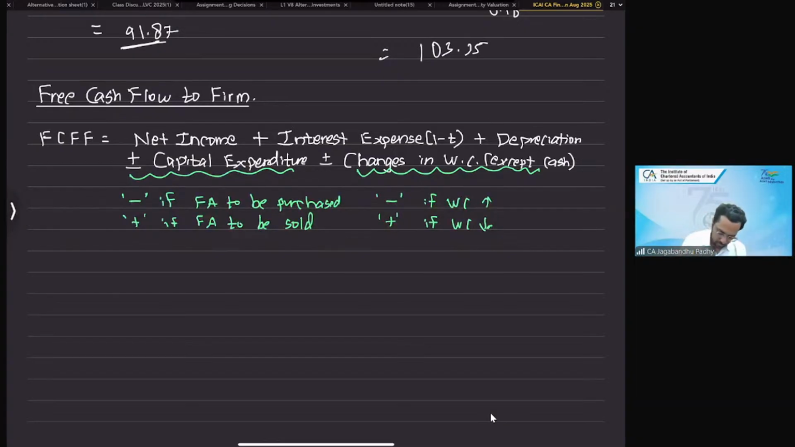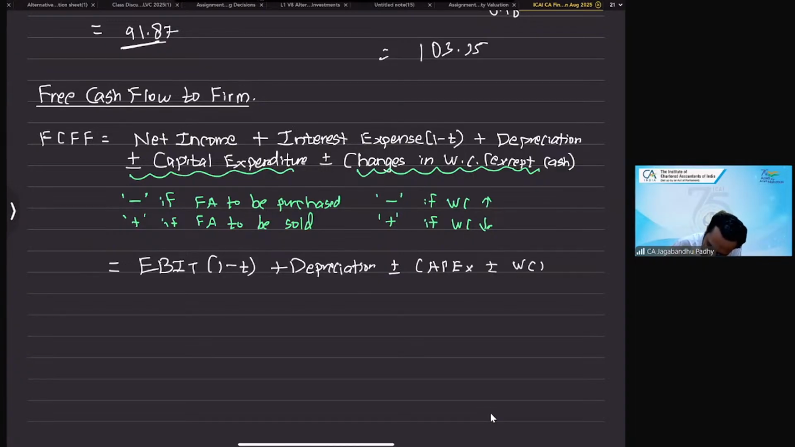Another way to calculate this FCFF is to start with EBIT. You start with earnings before interest and tax, make it an after-tax figure by multiplying by 1 minus T. Then add back the depreciation. Right? So essentially, when you did the net income plus interest expense into 1 minus T, that is EBIT into 1 minus T. So you add back depreciation, then less your capital expenditure and less your working capital expenditure,